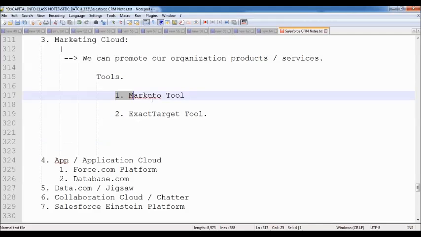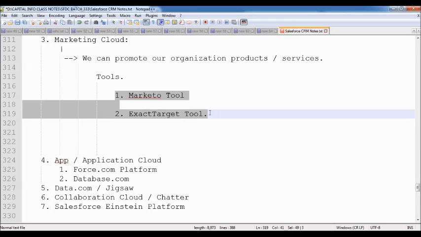But these tools are used by very, very big organizations only, like Closeup, Colgate, Johnson & Johnson, Lakme, only some international organizations and international products.